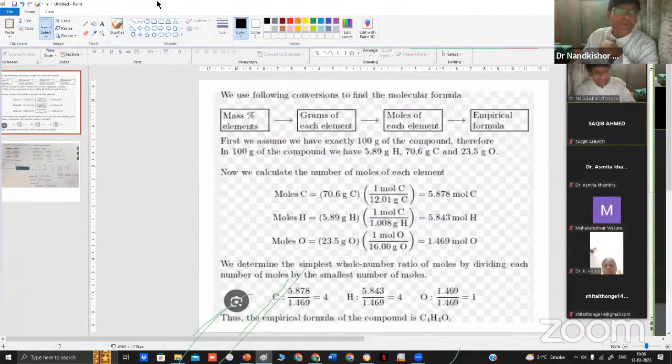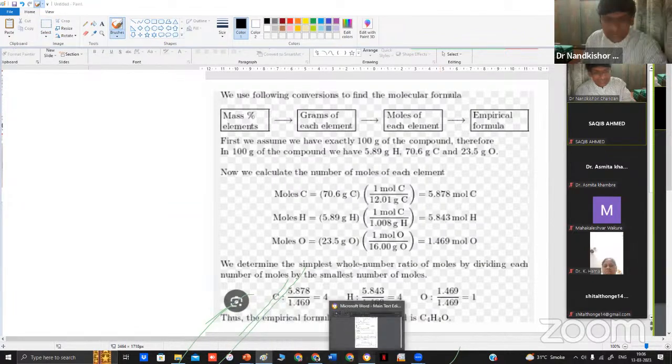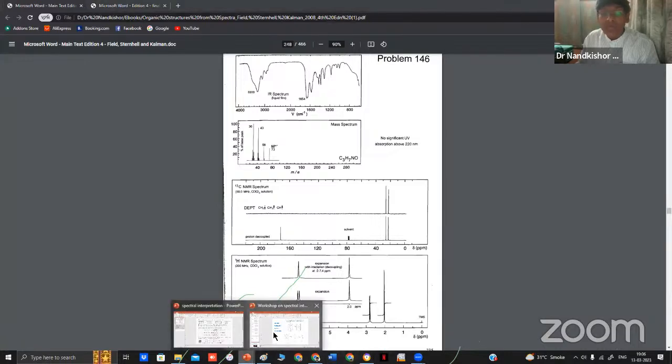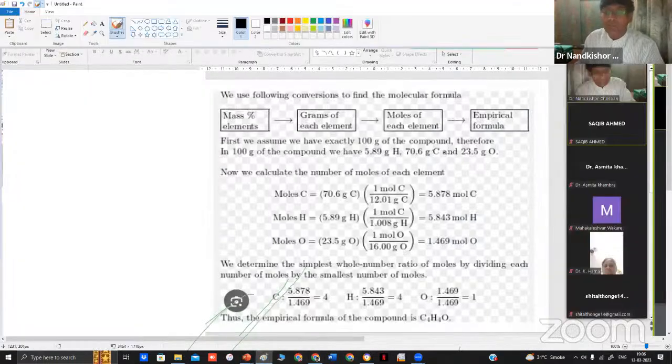Now, if somebody gives you a spectrum and does not mention the molecular formula, just imagine I take any example like this one, and the molecular formula is not there. If the molecular formula is not there, what information will be given to you? The information given to you will be this: for this compound, which spectrum will be given to you,